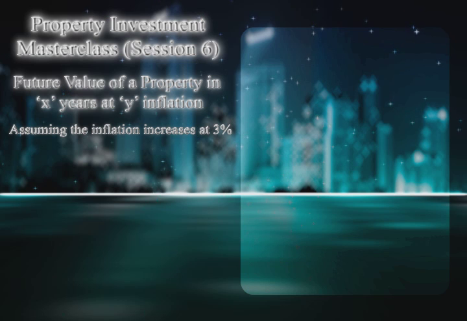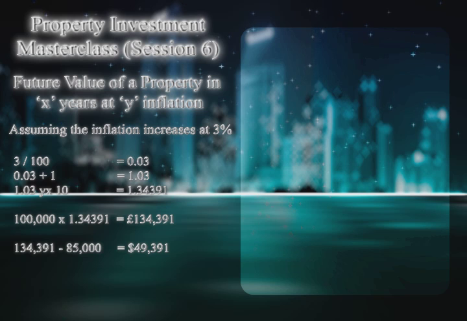So what you would do is 3 divided by 100, which equals 0.03. Now what you do is you add 1. Always add 1 in whenever you're doing this calculation, so you get a figure of 1.03. So if you was doing a 5% interest rate, it would be 1.05. If it was a 1% interest rate, it would be 1.01. So basically that will give you the figure that you now have to do what's called raise it to the power of. Now you raise it to the power of the number of years,